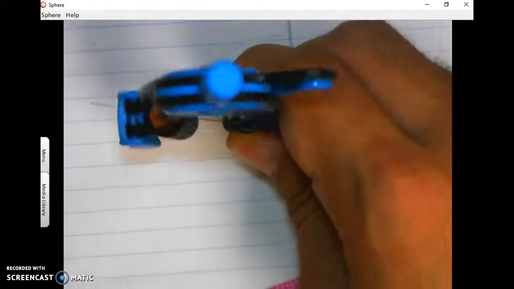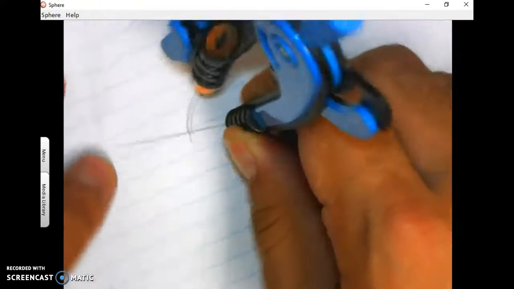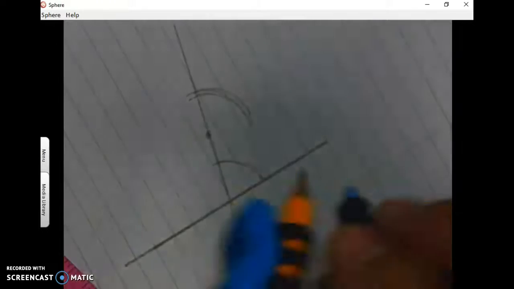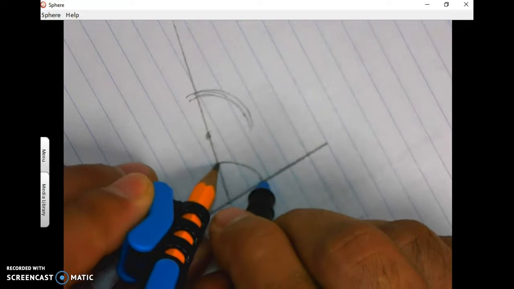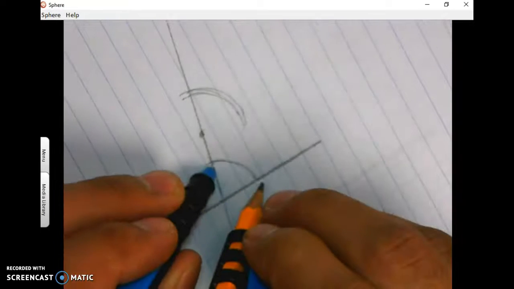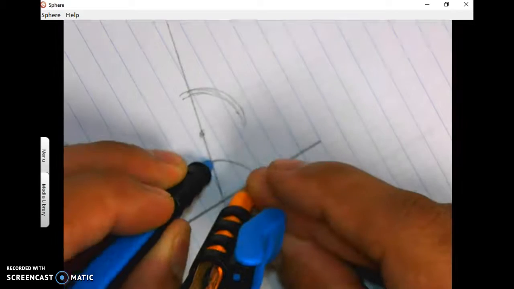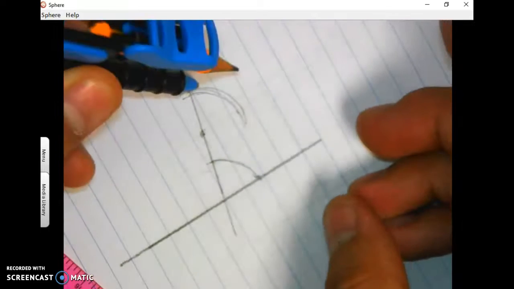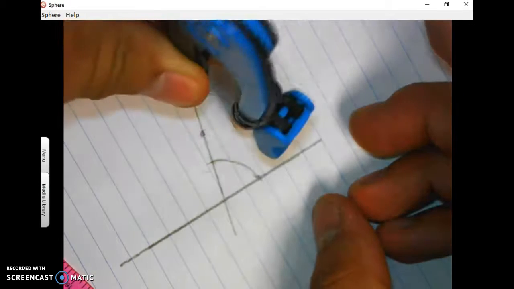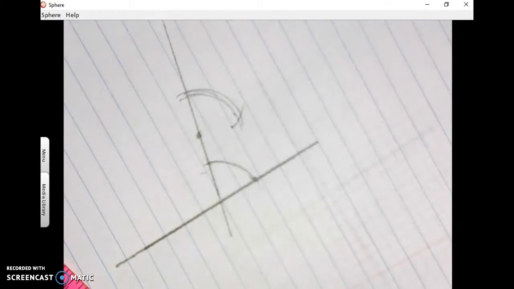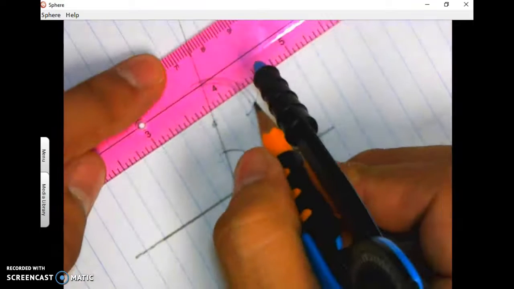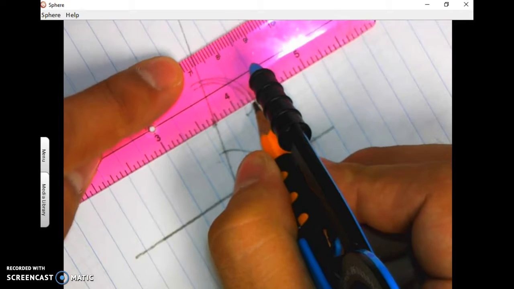My compass is not the best, so I'm going to use that inner mark. Then I measure. I got to move this. And I measure from here to here. That way I can take that over here and make my mark. Once I have 1, 2, 3 marks, I know I'm good to draw through this intersection and the original line,